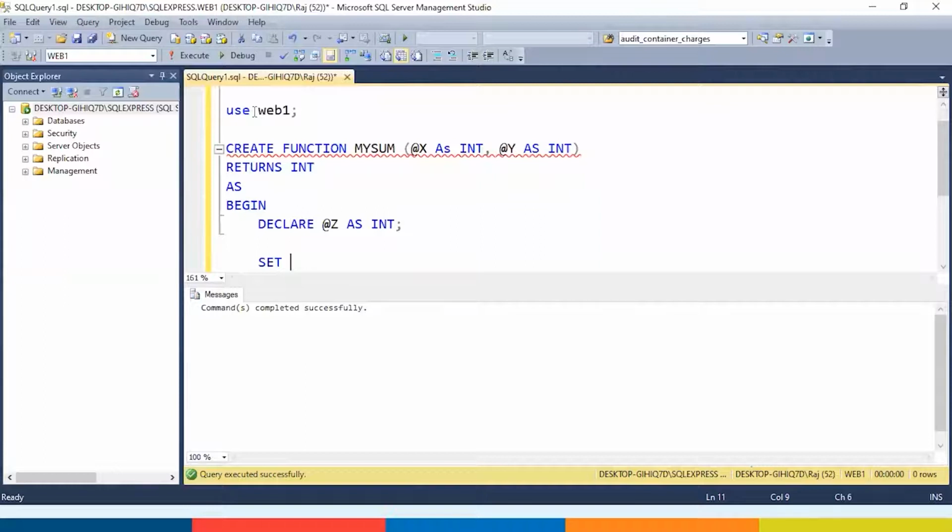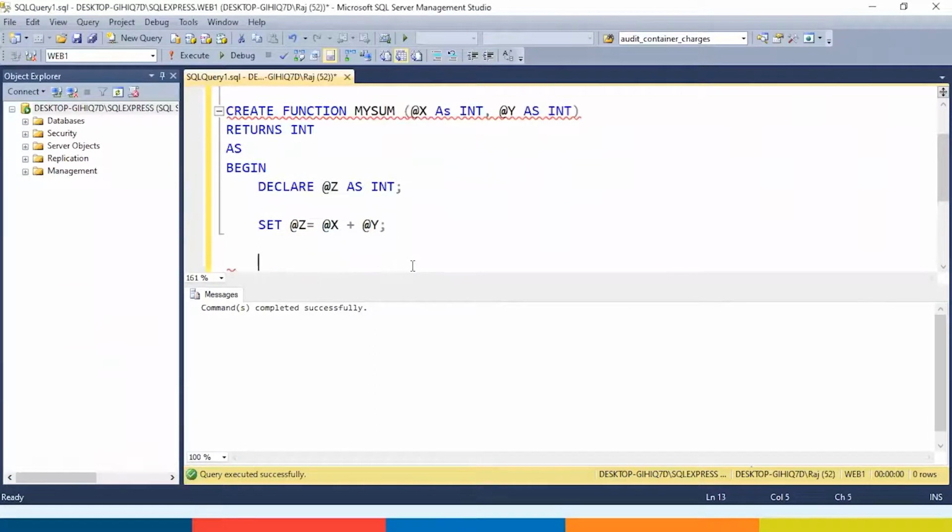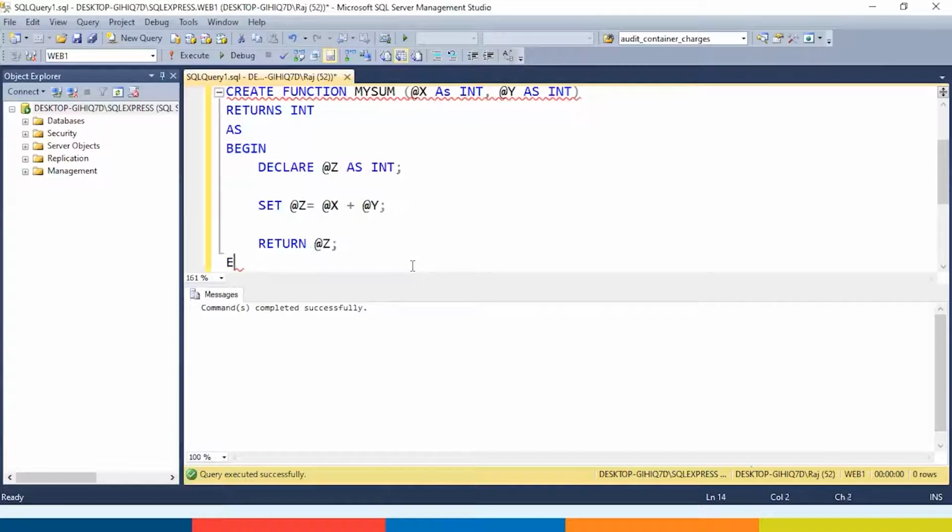set @z is equal to @x plus @y, and return @z.